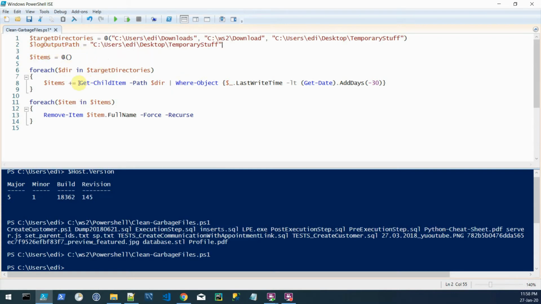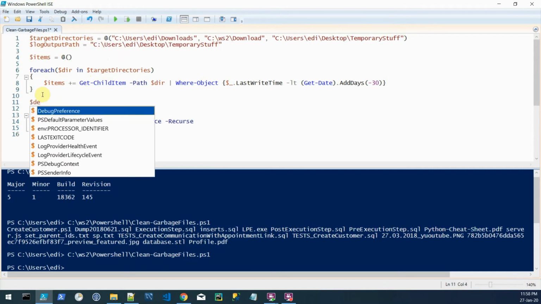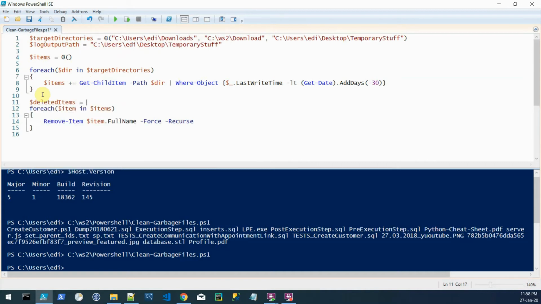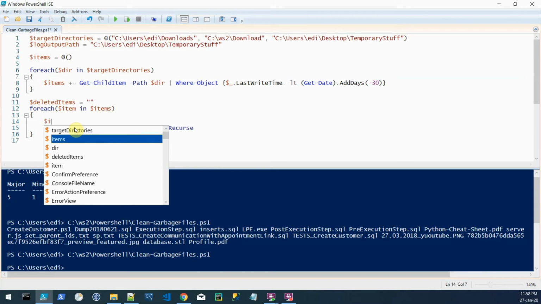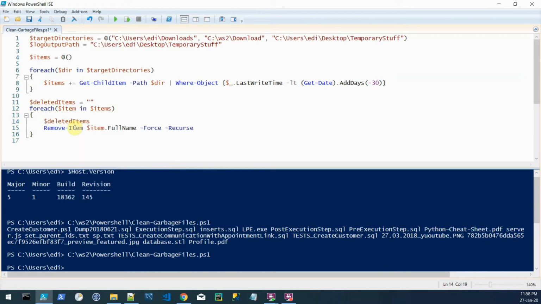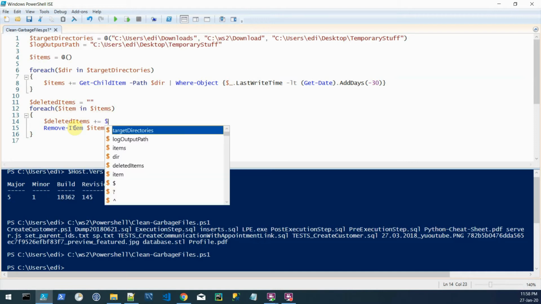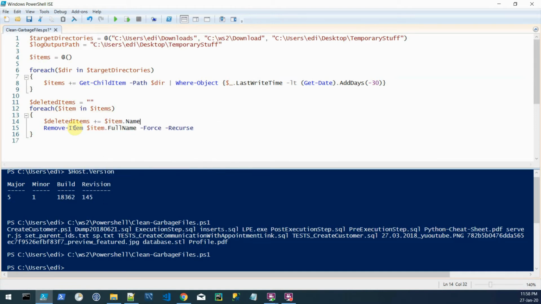Okay, so we have this output path, and let's define a deleted items variable, which will be by default a blank character, a blank space, and for each item we want to increment it with the item name, and we also want to suffix this with a carriage return so that we have each file name under the next one. Okay,